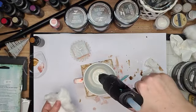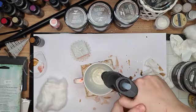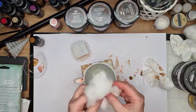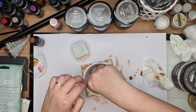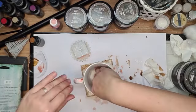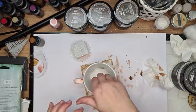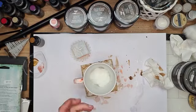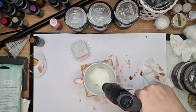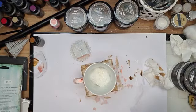So we will just put inside a lot of hot glue. The only problem is that it takes some time to melt. So we will put inside hot glue, and I will attach some of this, and I will put it in layers. So I add some cotton, and on top I again add some hot glue, and again another layer of cotton. Make sure you press down the cotton